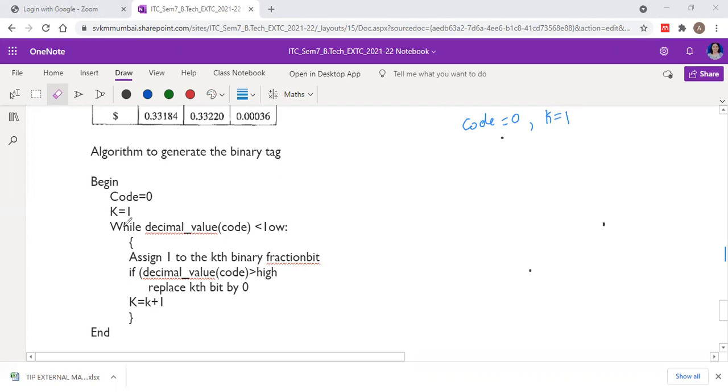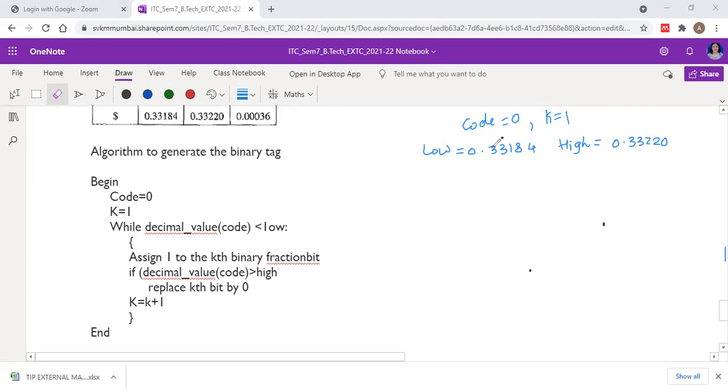Now, this while loop will continue if the decimal value of the code is less than low. So let us write our low and high here. Low is equal to 0.33184 and high is equal to 0.3322.